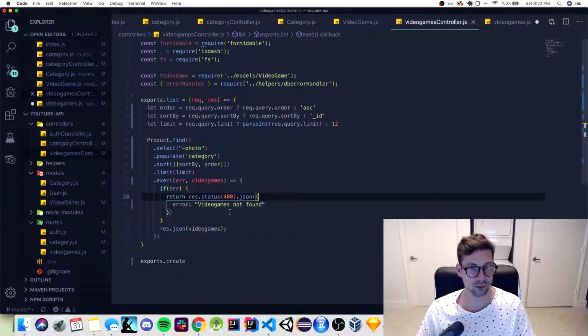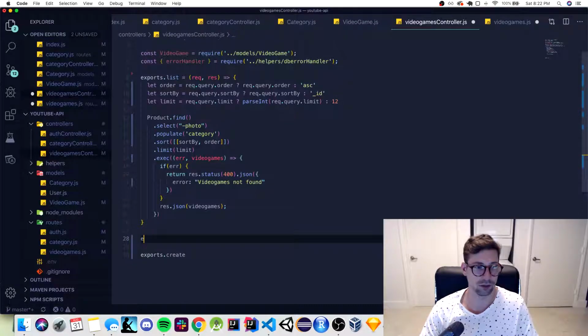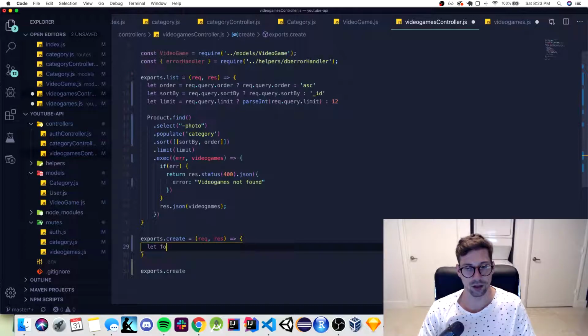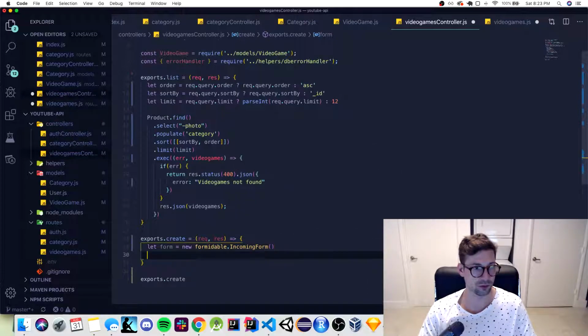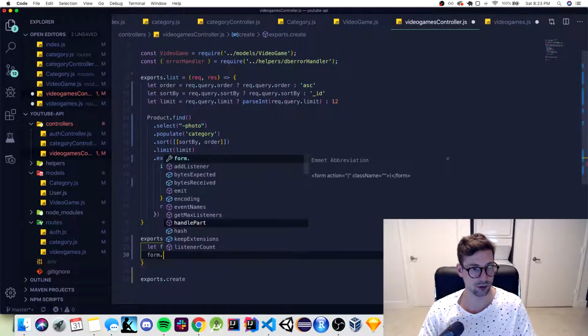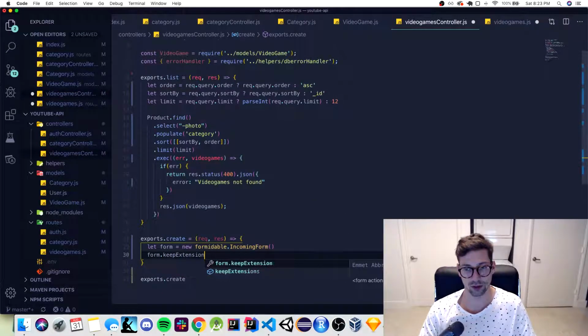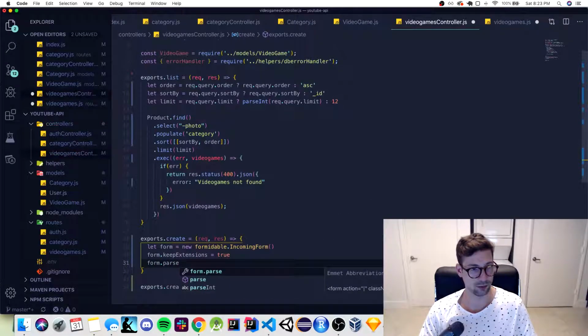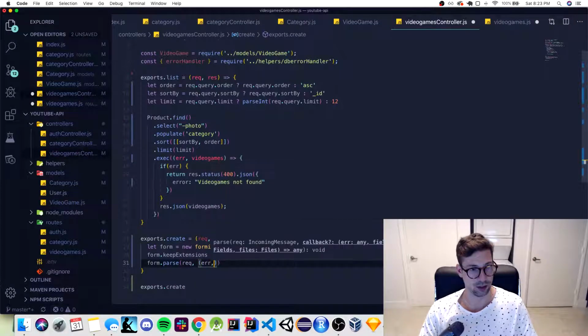So let's move on with the create video games method, and it's going to be exports.create equals request response, and this is where we use formidable. So formidable dot incoming form, because we're going to create the video game from a form, dot keep extensions equals true, form dot parse request error fields files,